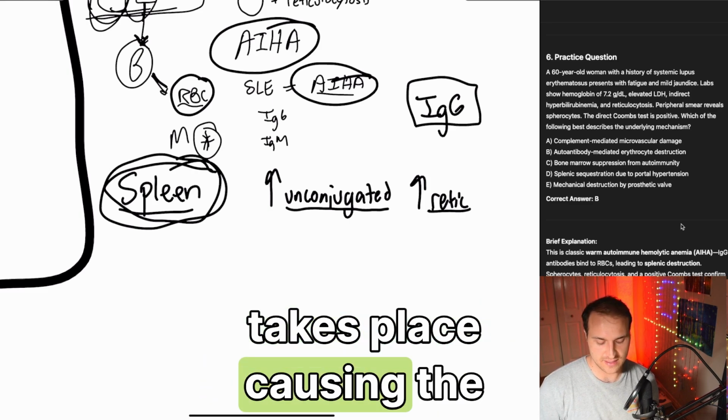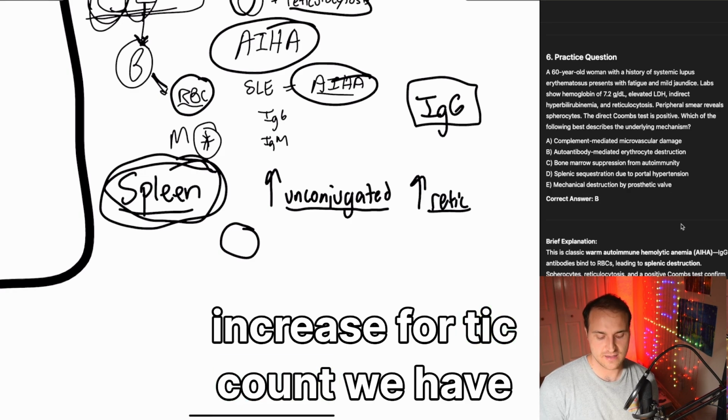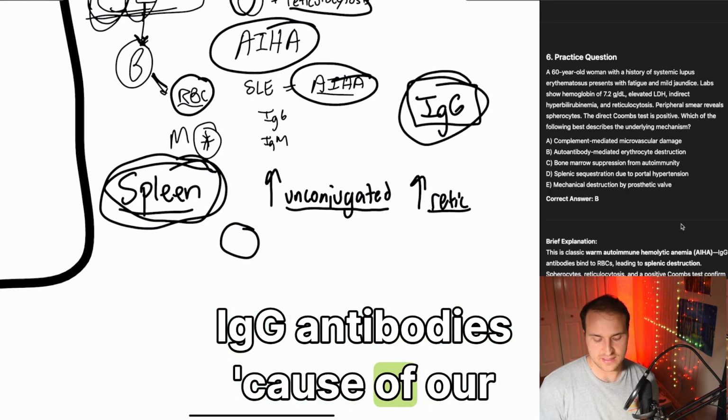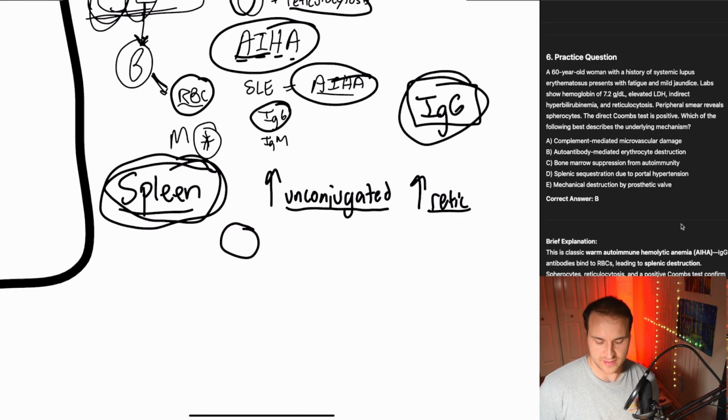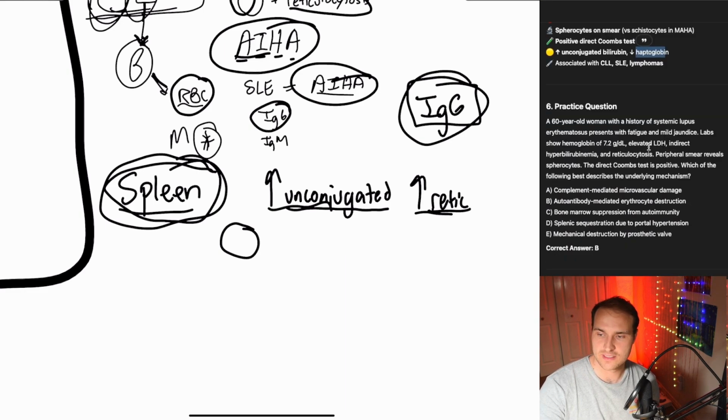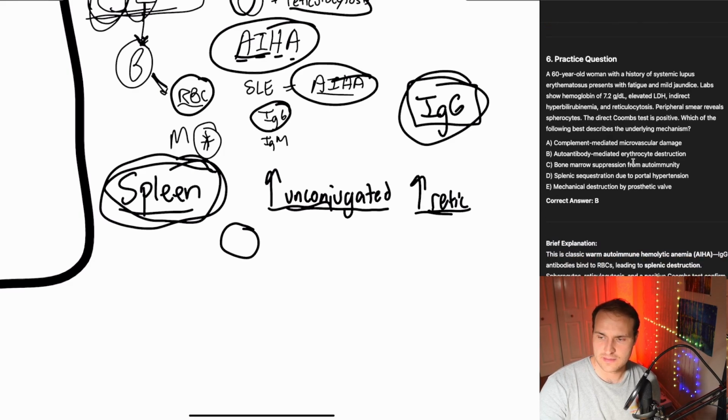Extravascular hemolysis takes place, causing these spherocytes. Increased retic count. We have IgG antibodies because of our AIHA. Boom, there it is. Increased unconjugated bilirubin, increased retic count, decreased haptoglobin, associated with lymphomas. That's that, folks. Okay, spherocytes, retic count,